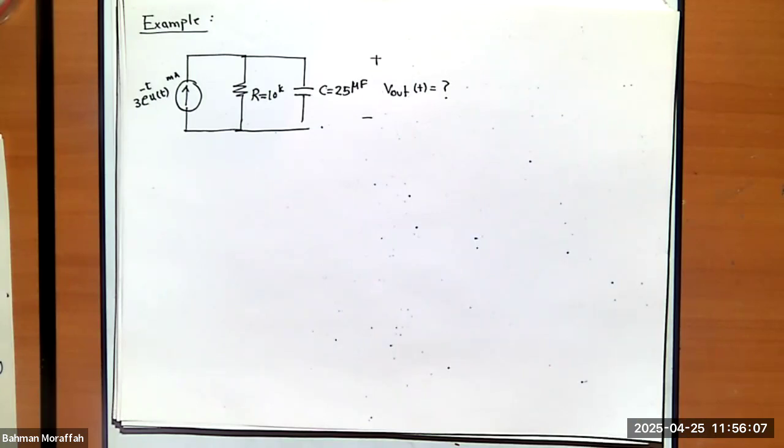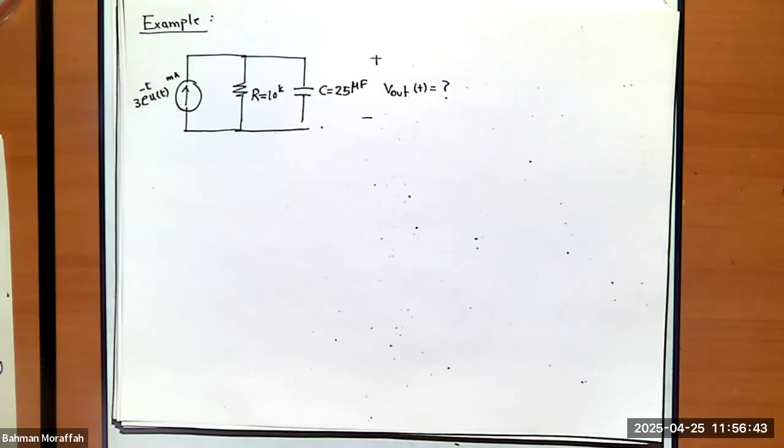Two things about the circuit. First of all, look at the u(t). What does that tell me? It tells me I have a current source with value 3 times e to the power of minus t if t is positive. And as soon as the t is negative, then u(t) becomes 0. Therefore, my current source is 0. What does it remind you of? Isn't it the same as a switch? So that u(t) function behaves just like a switch,